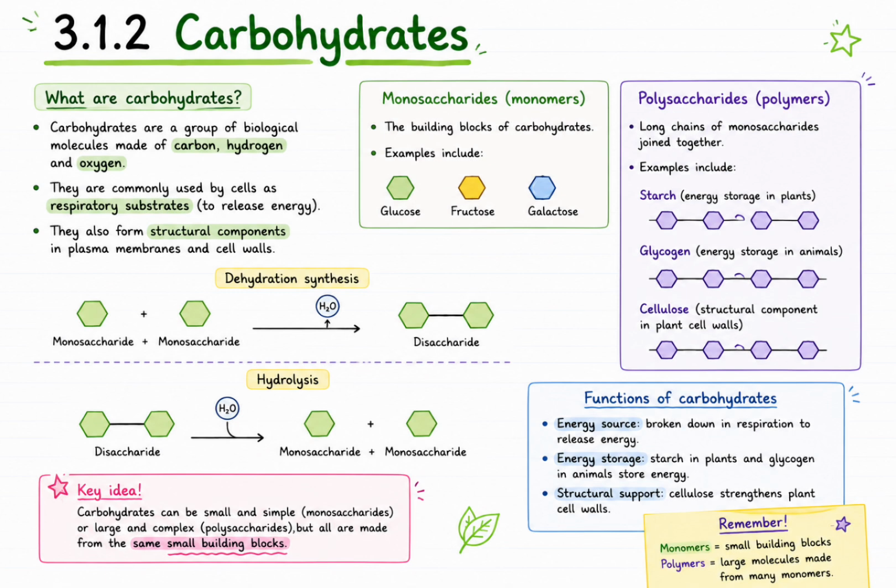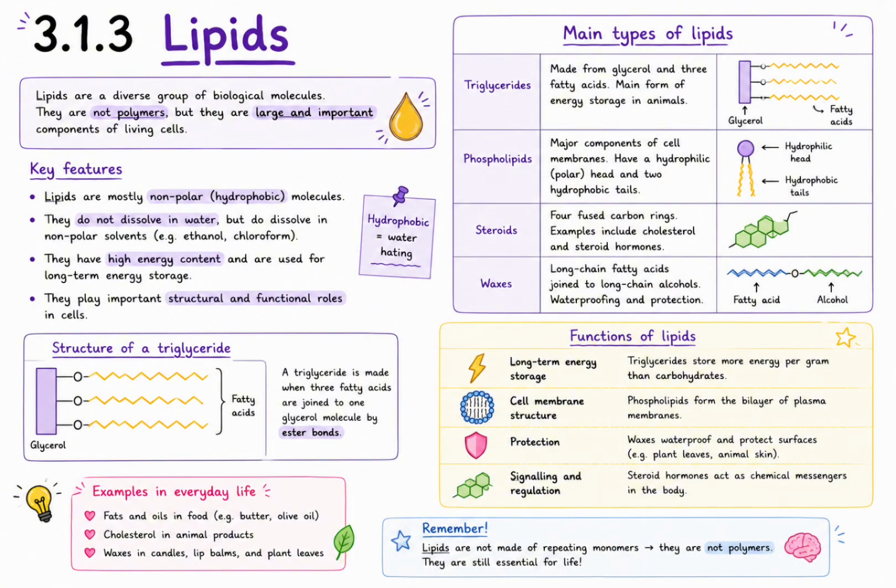What's particularly interesting is that despite these carbohydrates having very different biological functions, they are all fundamentally constructed from the same small monomer units. So overall, carbohydrates demonstrate an important biological principle. Relatively simple molecular building blocks can be assembled into highly specialized structures with very different functions depending on how they are arranged. Next, we move on to lipids, another major group of biological molecules with extremely important structural and metabolic